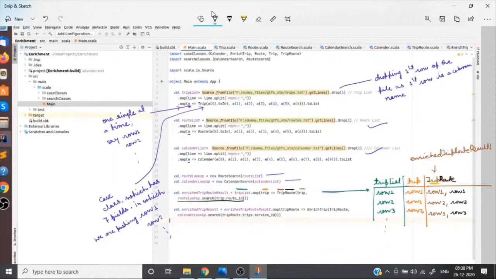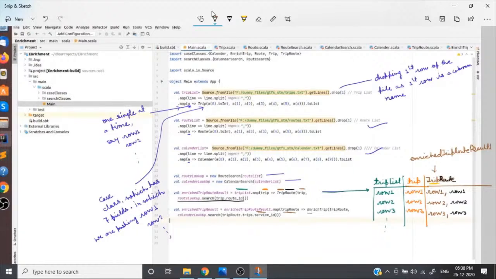So that is the intermediate result, you can say, trip root data. Trip root is an intermediate result. So that data is being held in this trip root result 1. Now come to this